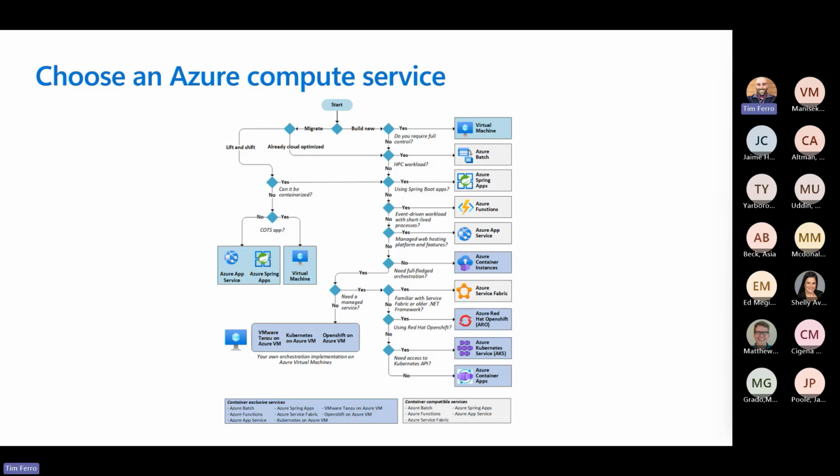ARO versus AKS, or container apps versus AKS, or things like that. So on the page that you would find this, and I think that someone put this in the chat already, so thank you. On that page, which is in the Azure Architecture Center,